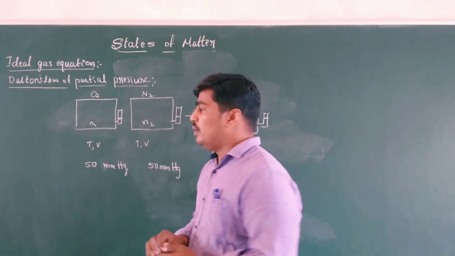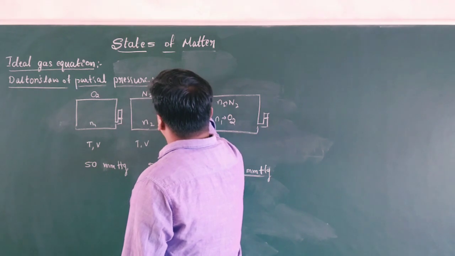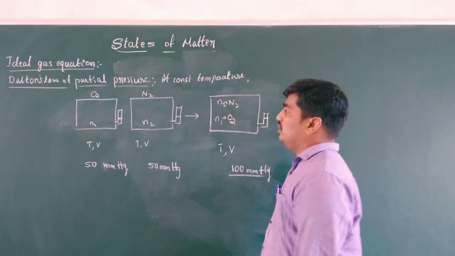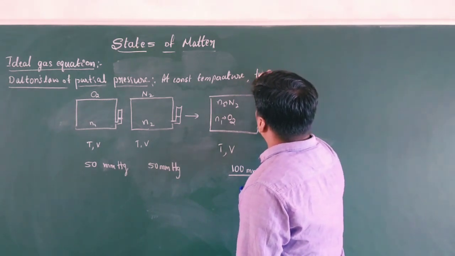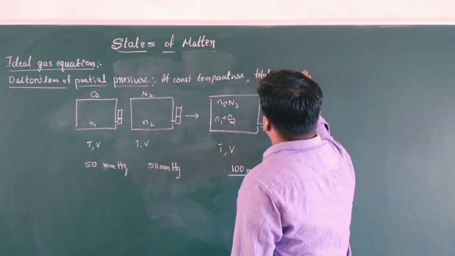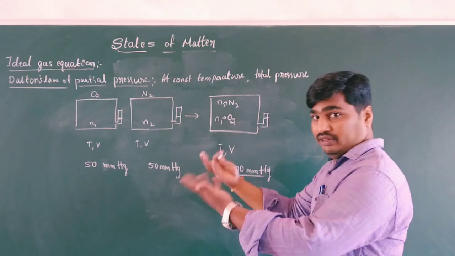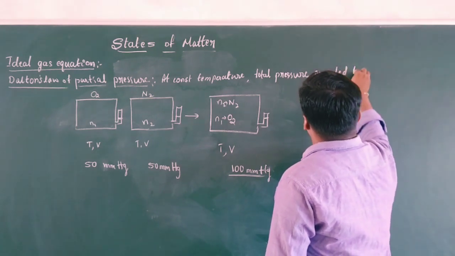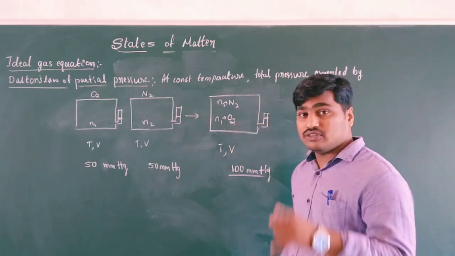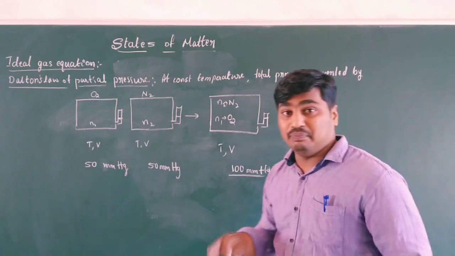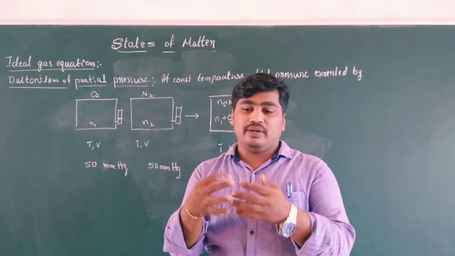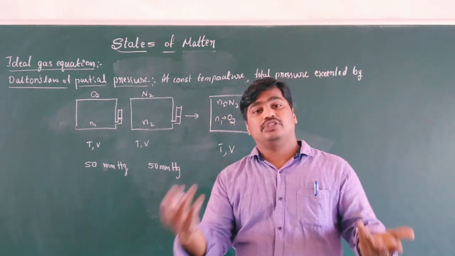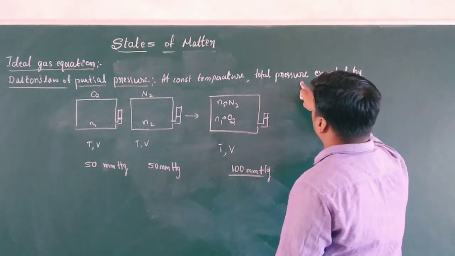According to Dalton's law, at a constant temperature, total pressure exerted by what type of gases? Suppose they are reactive, it does not give 100, it may be more than 100 or less than 100, right? So if the two react, the pressure may decrease. If there is attraction, or repulsion making them move apart, or breaking apart, or decomposition of gases, then there is a possibility of giving more pressure. So what should it be? Total pressure exerted by